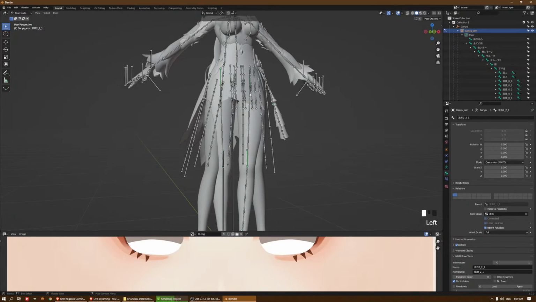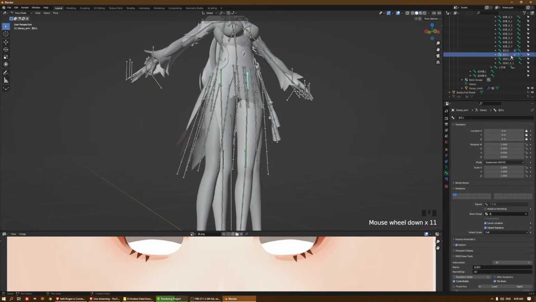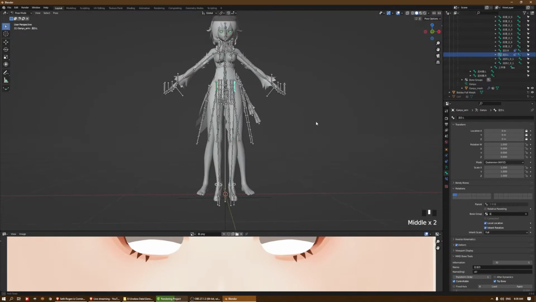Everything else seems to be working. Not sure why this isn't. This is the one. Like, not sure why, but anyway. So